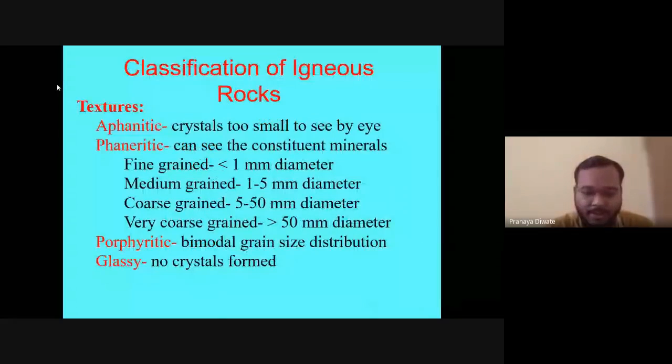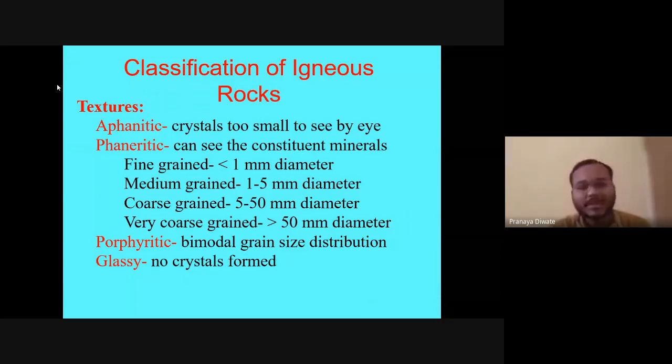This is Dr. Pranay Dute, and in today's lecture we are going to see the classification of igneous rock. In the previous lecture, we saw how igneous rock is formed and what the difference is between magma and lava. Now the objective of this lecture is to learn how we are going to classify igneous rock. We have already seen that there are different types of rock, like intrusive rock and extrusive rock. On the basis of their properties, how are we going to classify all these rocks? This is what you can learn in this lecture.